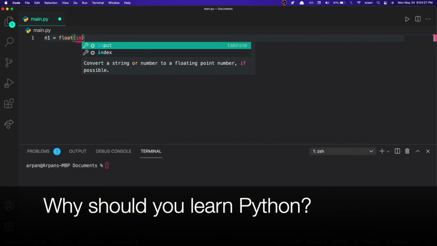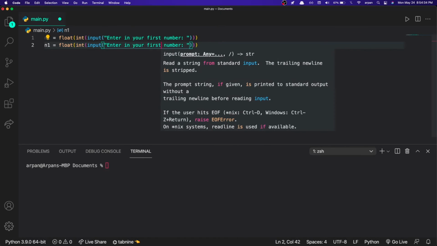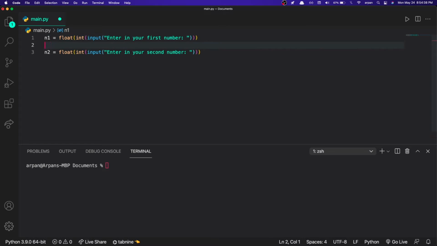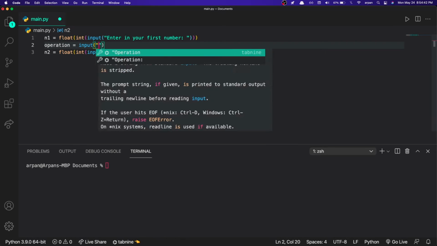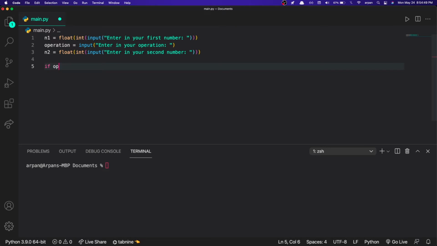Now that you know what Python is and what it's used for, you might be wondering why you'd like to use it. The first reason is because there is an active community of Python developers. If you run into any error or bug, you can reach out on platforms like Reddit and Stack Overflow and someone will definitely reply to you.